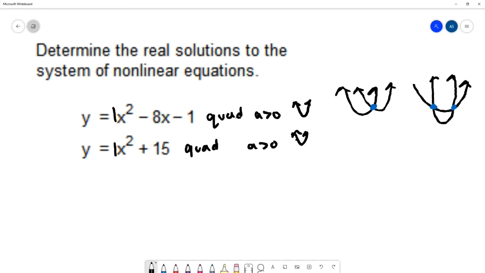And I'm not sure with them both facing up if you can make it so that they don't cross each other ever. Maybe you could. Yeah, they might never cross each other. So we might get two solutions, one solution, or no solution